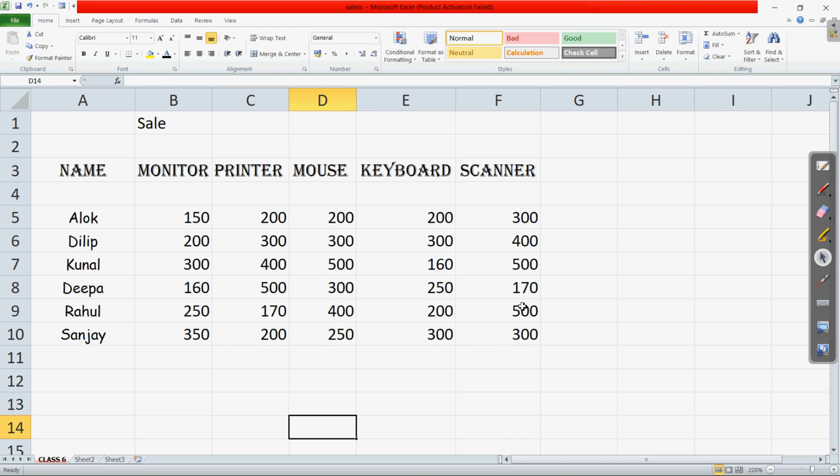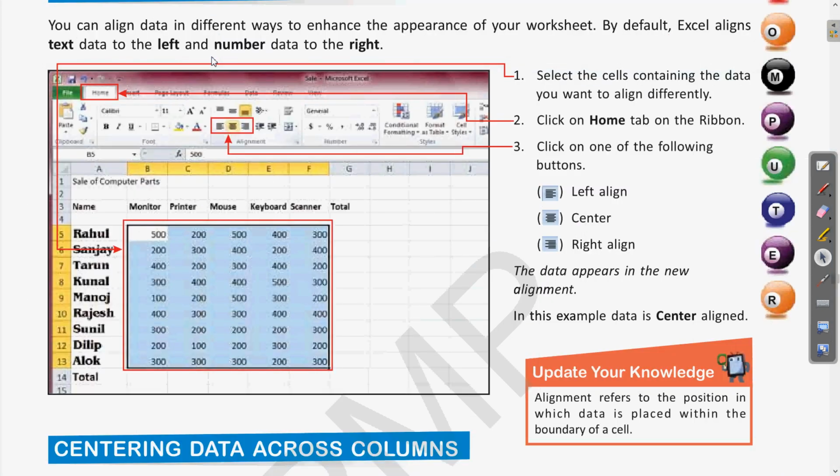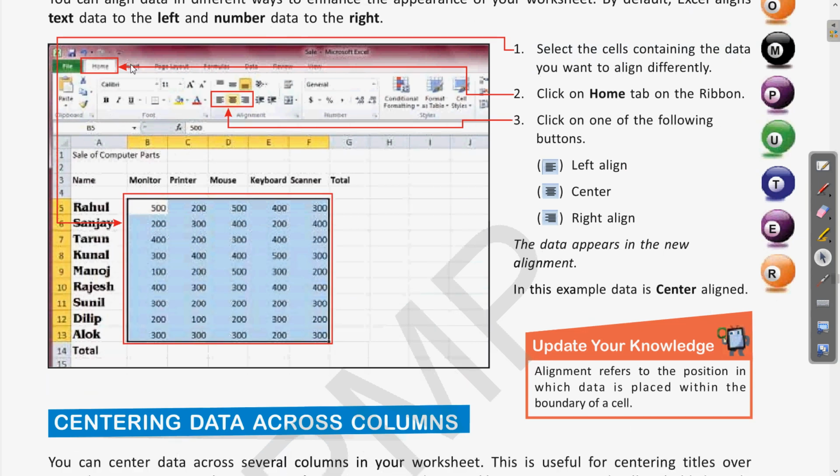So the three alignments are left, center and right alignment. You can notice that the first one is the left alignment, the second one is the center alignment. When we bring the mouse cursor over one, it also prompts you. When we bring it to the third one, it shows align text right. So these are the three alignment options we can choose. Okay, coming to the textbook again. So here this was changing alignment.